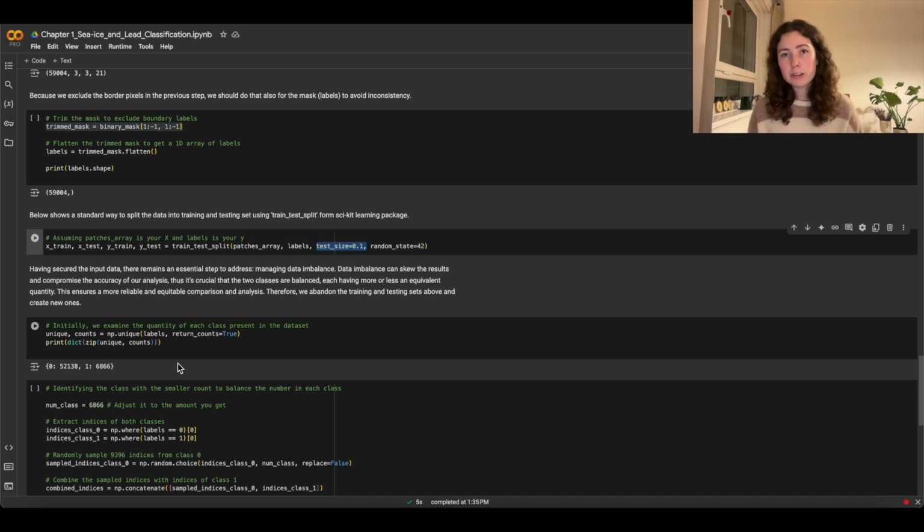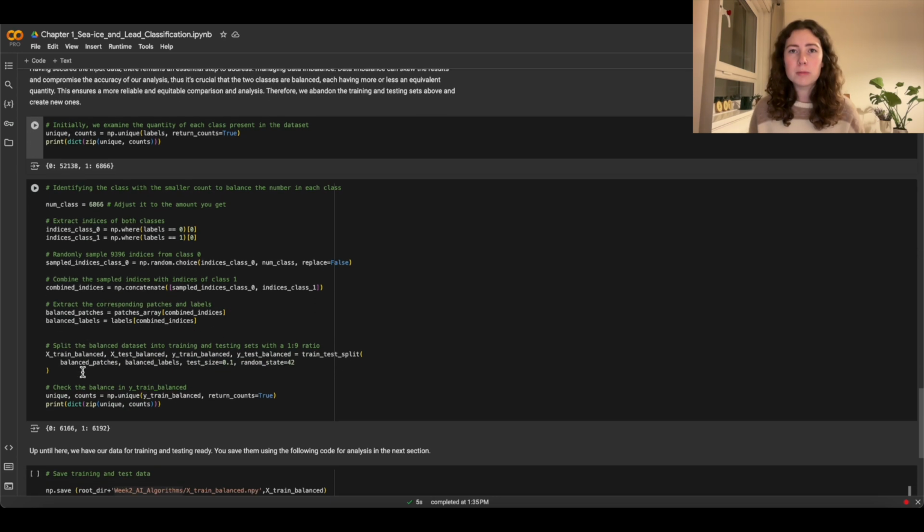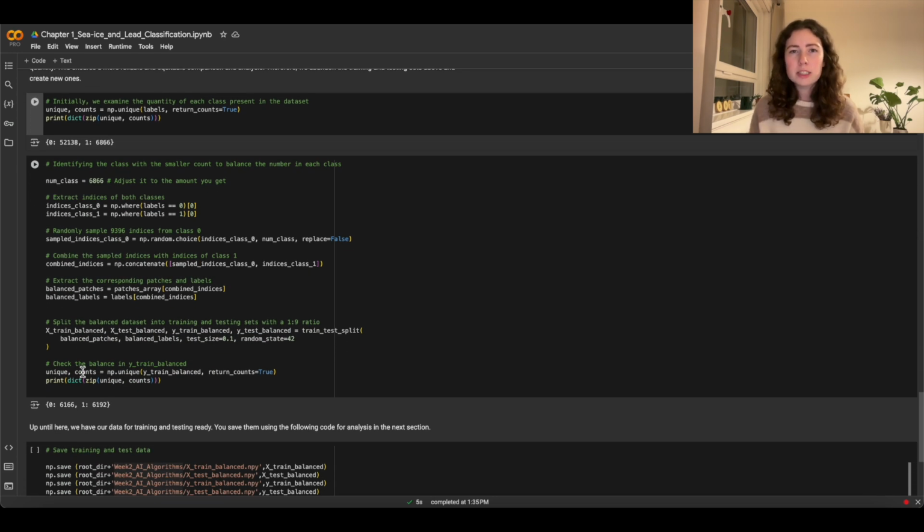You'll notice here that we have a lot more patches that are labeled by class 0, which is sea ice. This could pose a problem for our models because the models can become biased towards the majority class. To understand this, imagine that you had a dataset that was 99% composed of just one class and 1% of the remaining class. Your model could achieve 99% accuracy just by outputting class 1 every single time. To avoid this problem, we want to balance our datasets so that each class is represented roughly equally in the